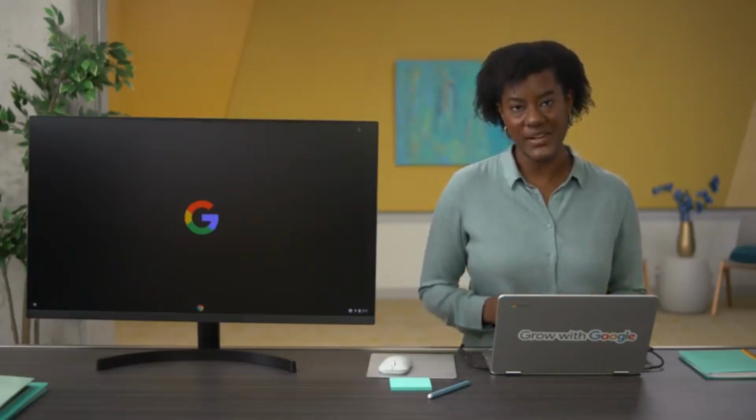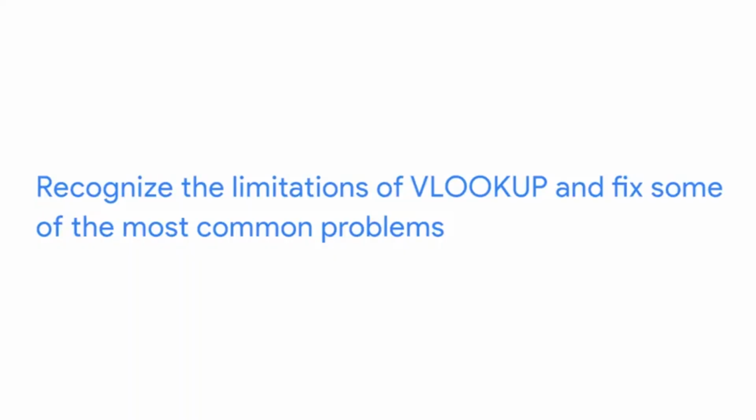When people start out in data analytics, they often think that those of us who've been in the field for a while know everything. But trust me, we're all still figuring things out. And a lot of the time, that means troubleshooting. Troubleshooting has to do with asking the right questions, and that's what we'll focus on in this video. We'll learn how you can use troubleshooting to solve all kinds of problems. To do this, we'll need to talk about some of the limitations of VLOOKUP and then practice fixing some of the most common problems that data analysts face.